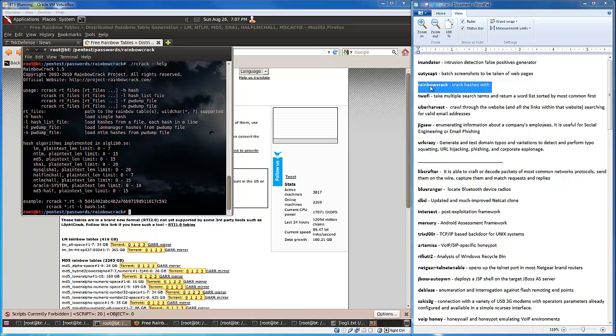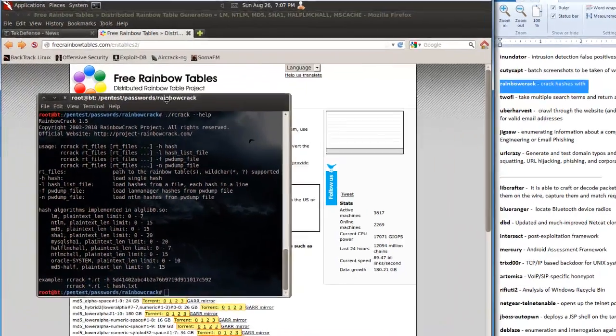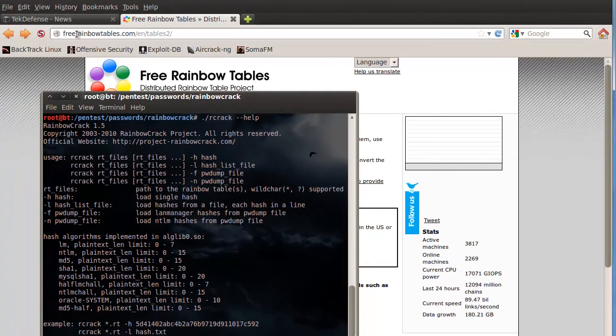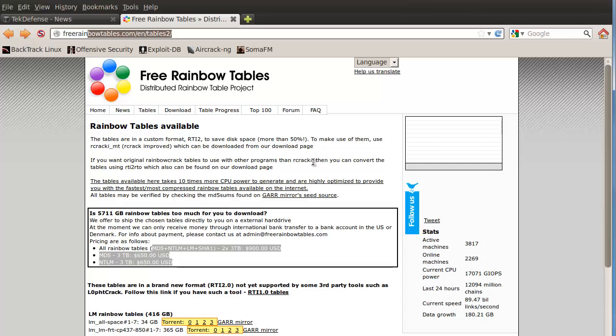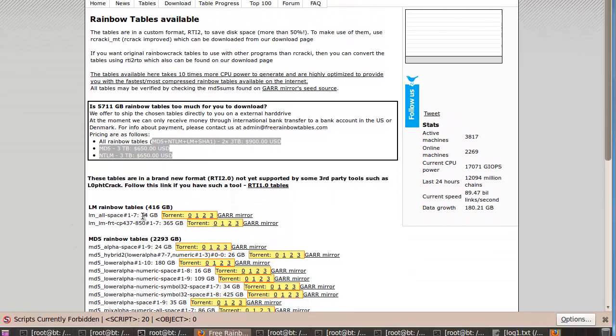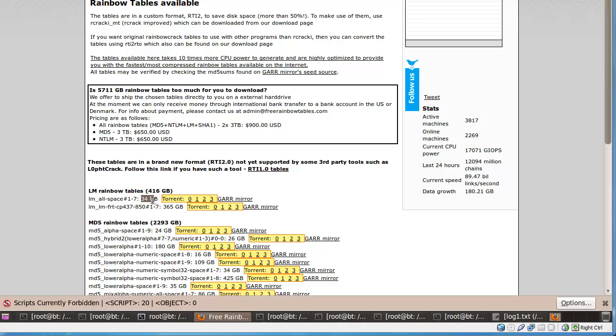Okay, so now we're going to take a look at rainbowcrack. Rainbowcrack cracks hashes with a rainbow table that you specify. This tool is brought to you by the same guys that do the crowdsourced rainbow tables over at freerainbowtables.com. Now, unfortunately, I don't have a rainbow table downloaded on this machine right now. I just brought it back up, and these are kind of large, and plus I don't have my external drive that has my main rainbow table in it. So I can't really demonstrate this for you, but I just wanted to show you that it is there and